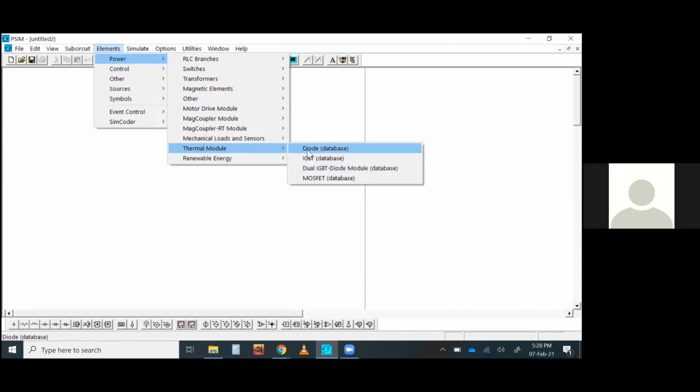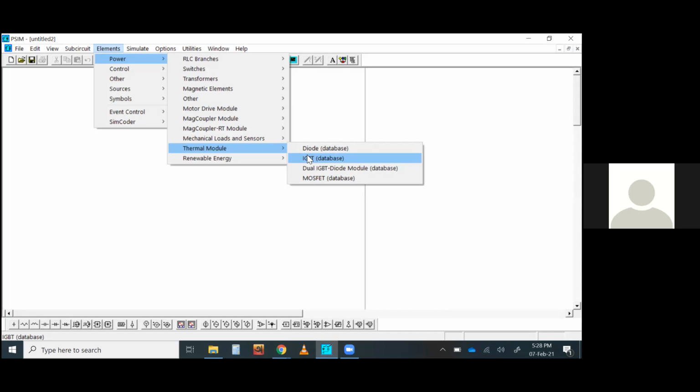These thermal modules will give you a real-life scenario, so that you can get practical knowledge from simulations. If you run a simulation using a diode under ideal conditions, there will be no temperature effect. You are not considering that when the diode is conducting, the temperature might rise.